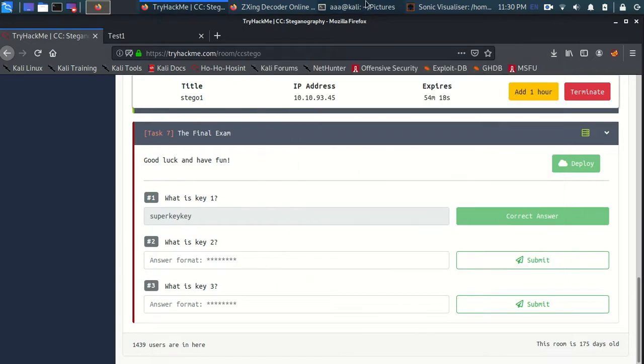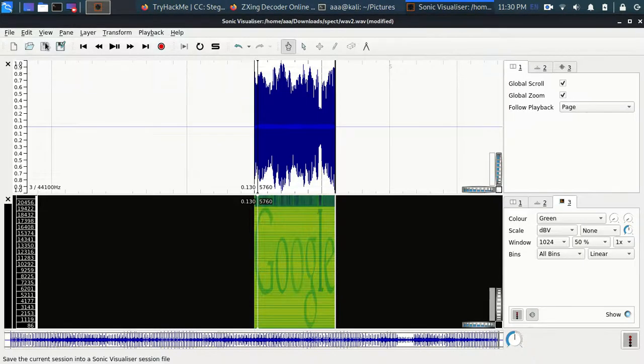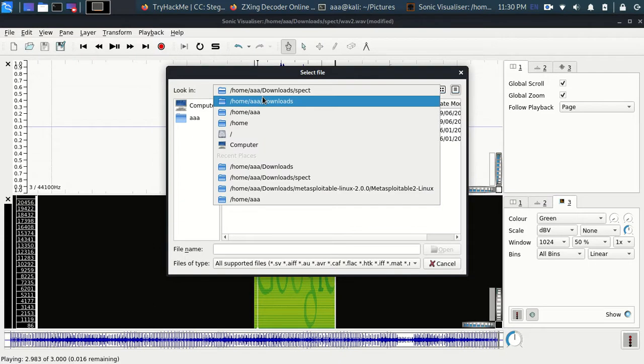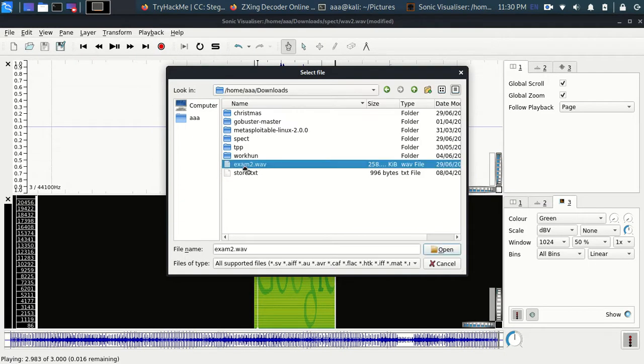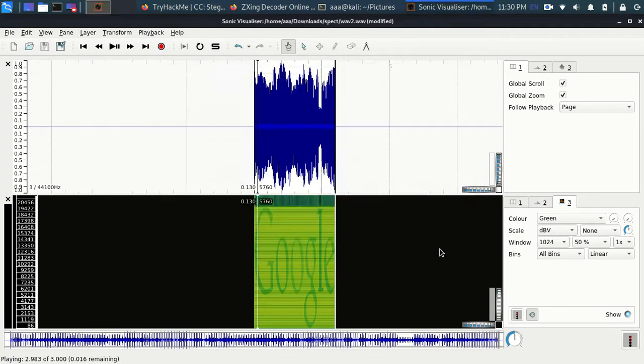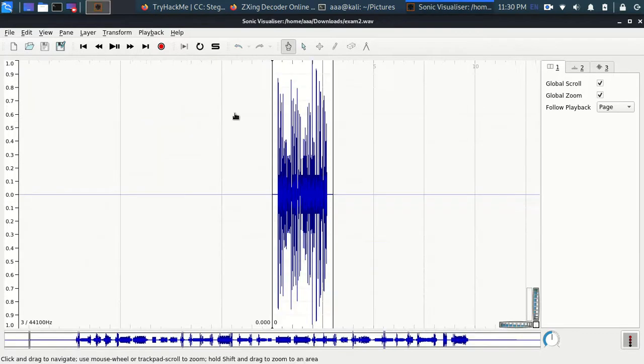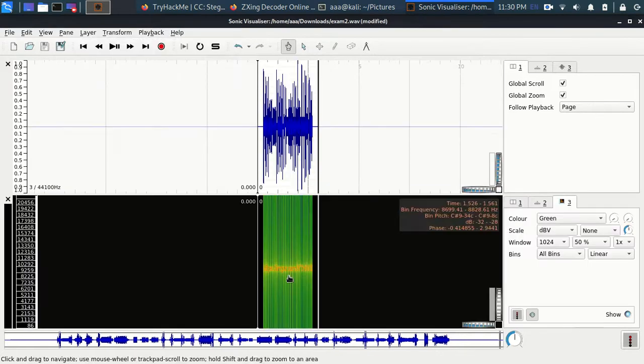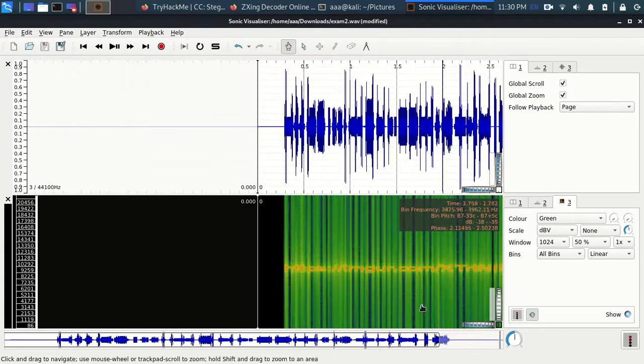So this is an audio file, so let's open the downloads, and this is the one, and let's open this. Okay, so again, if you want to hear it, it sounds really pathetic, but let's see what information this picture has got. And I see something. Okay, let's see. So this is kind of a URL.